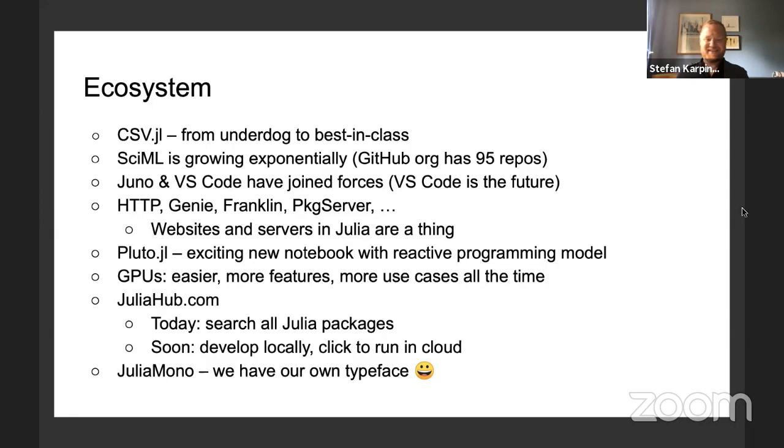I think this is Jeff's most favorite recent discovery, which is that there's a Julia typeface. Yeah, I think this is super cool. I just think it's cool. It's something I never thought I would see. I immediately started trying to use it right away, and I've already filed an issue, so you can do that. It's pretty cool to be able to file an issue on a typeface on GitHub. So this is just a fun thing.